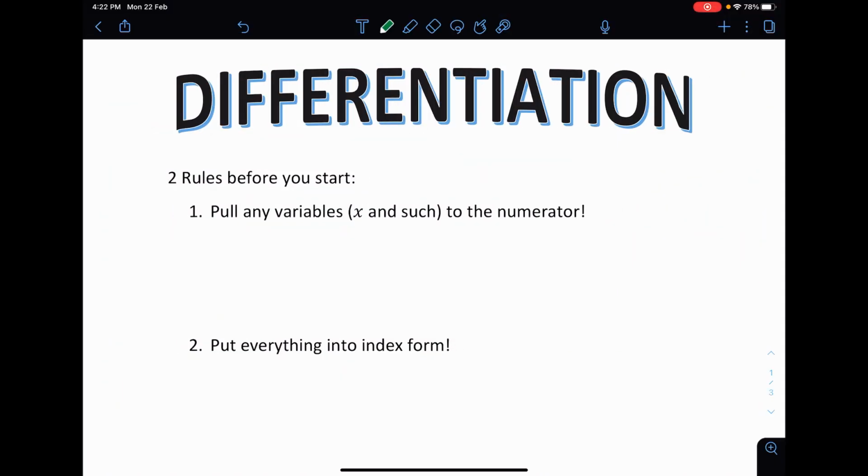Okay, let's do differentiation today. Heads up, this is actually quite a large topic. I'm going to make several videos about it, but this is the first video about differentiation, and this is basically the basics of everything, the foundation, if you may. This is basically how you do differentiation manually.